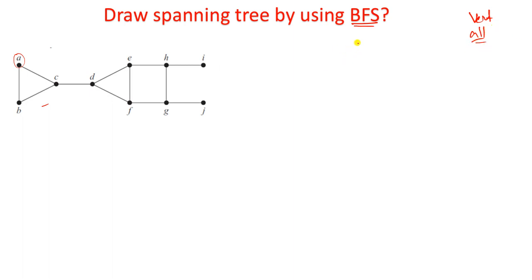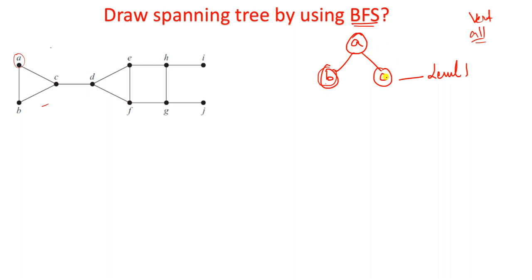See here, what is the first new vertex? A. Next, what are the edges we have? A connects with B, right? A is incident with C. Any other incidents for C? No. Now we have to come to the next level. Level 0 is completed and we come to level 1. What is the first element? B. Explore B. Write down all the incident vertices for B. B has A and C, but both are already visited, so no need to write them again, and we come to the next element.